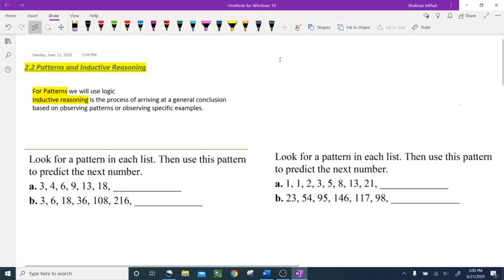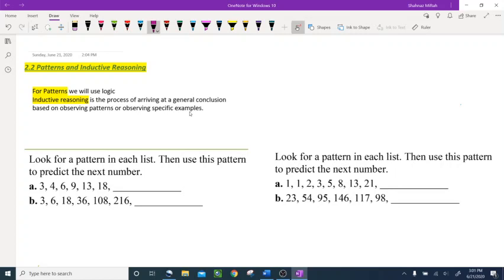Hi everyone, today we are working on 2.2, patterns and inductive reasoning. For the patterns we will use logic. For the inductive reasoning, which is the process of arriving at a general conclusion based on observing patterns or observing